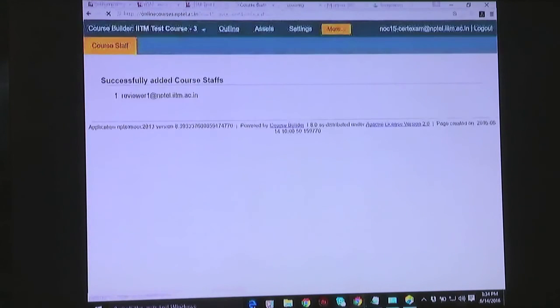So now we need to close the assignment and see whether I am able to evaluate the assignment.